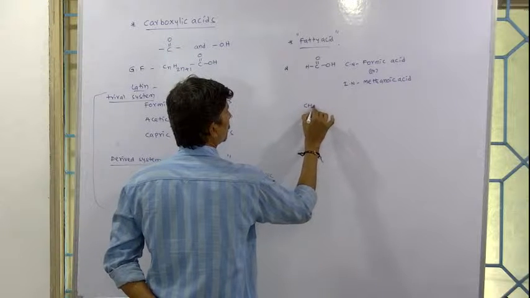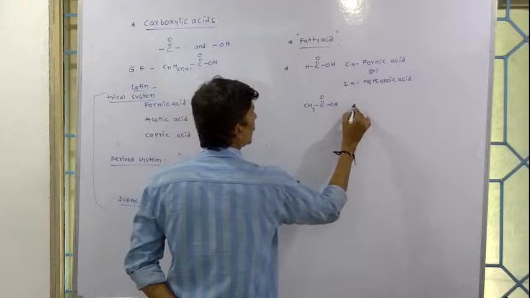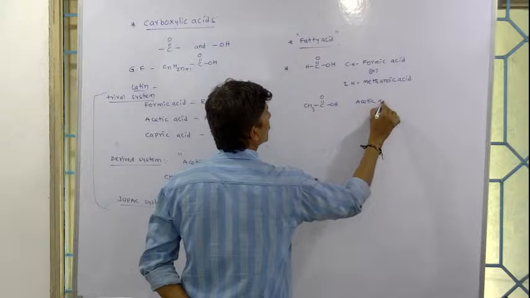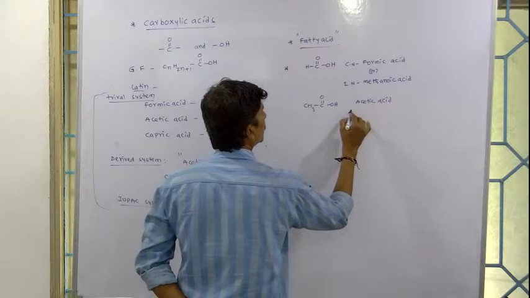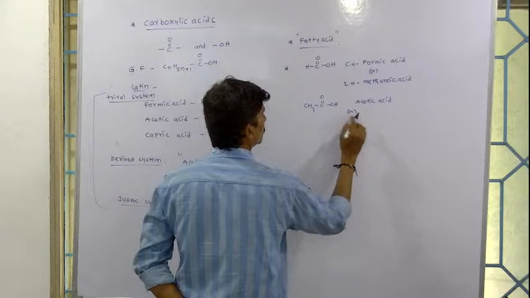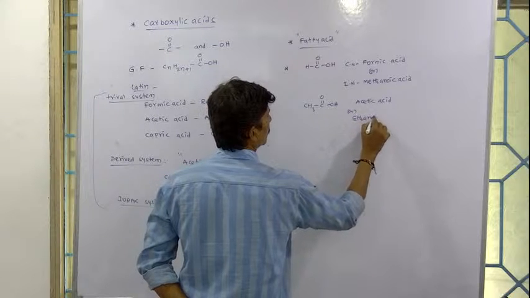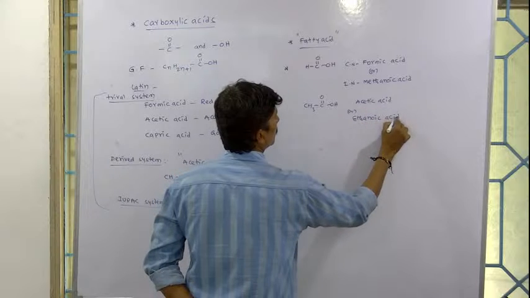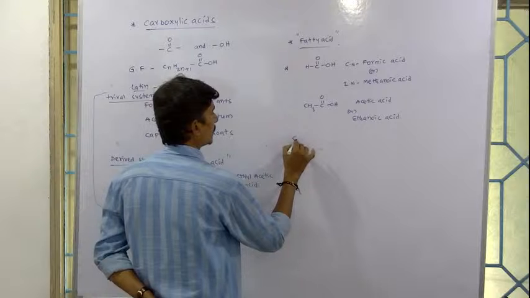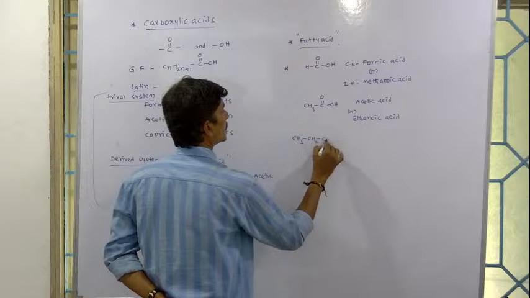Presence of two carbon atoms: common name or tribal name is acetic acid. IUPAC name is ethanoic acid. Similarly,